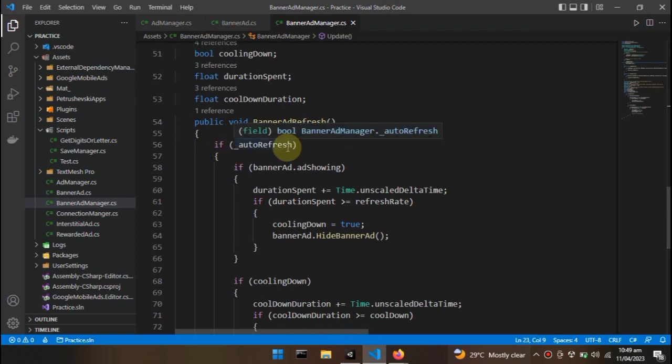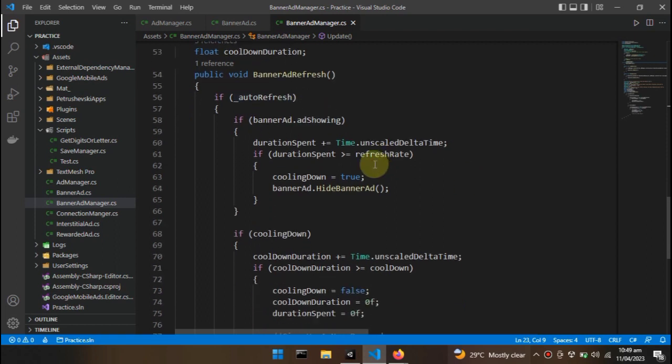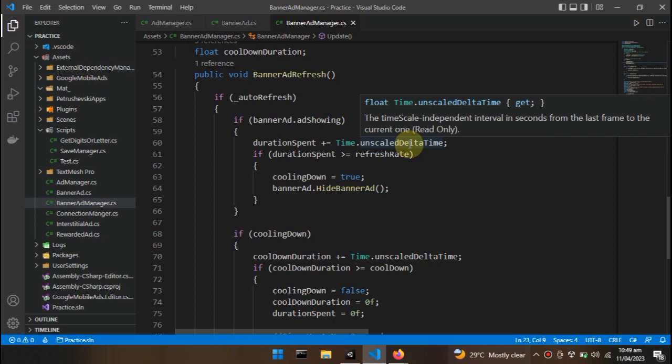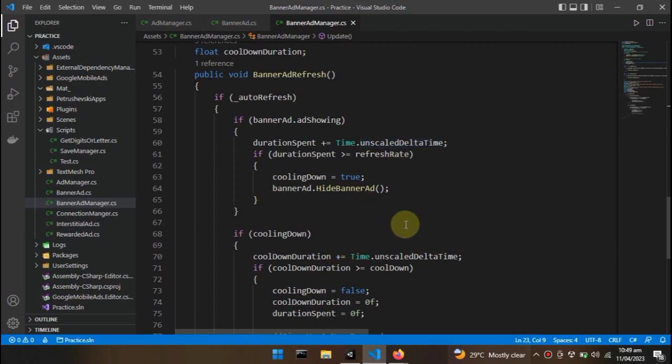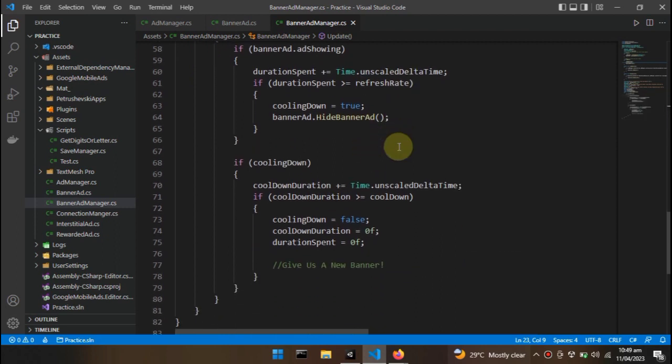So if auto refresh, that means if we want to fetch new banners automatically every this time frame, then do this. This is just Time.unscaledDeltaTime. That means even though we pause our game and the Time.timeScale is set to 0, it does not affect this. So after this, if duration spent is greater than or equal to refresh rate,